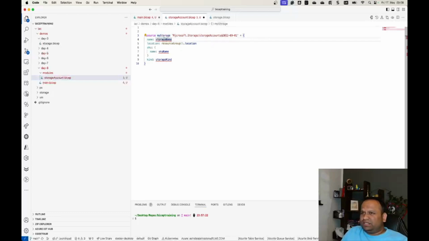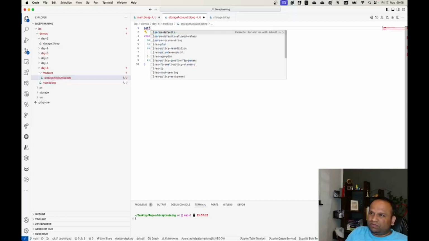But here, the name of the storage account, I want someone to be able to select the name. So in that case, I want to have a parameter for that,